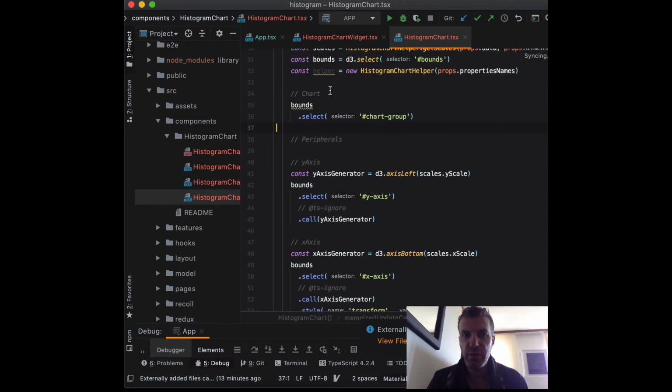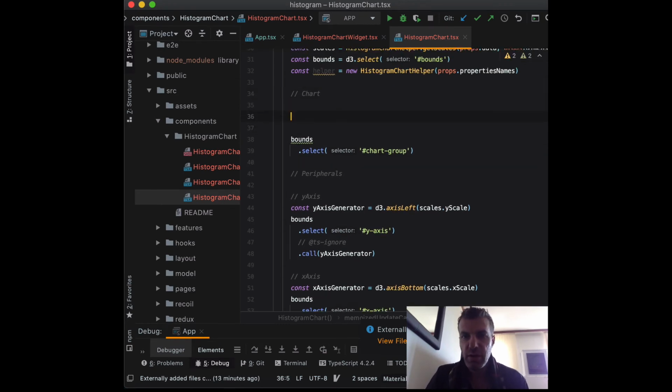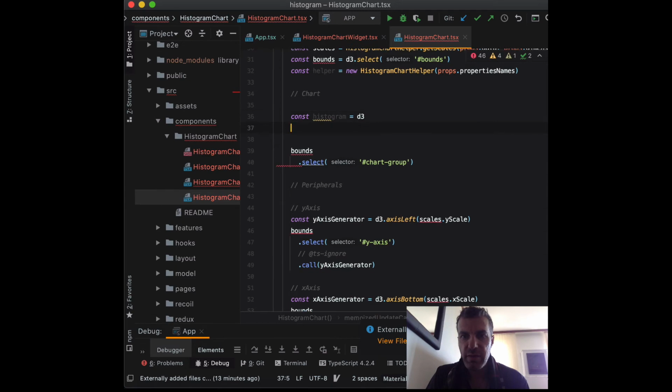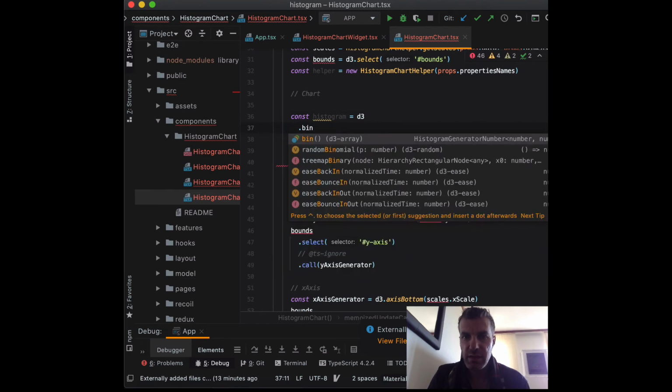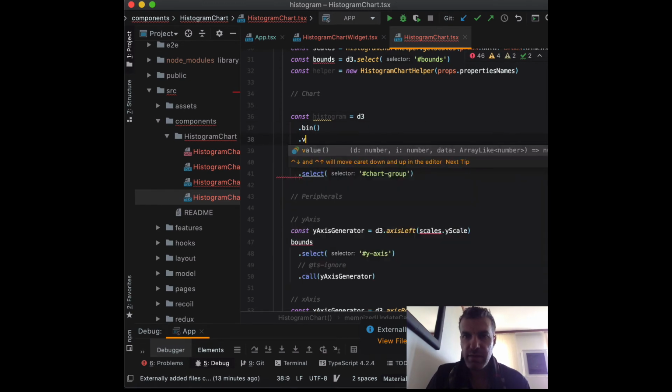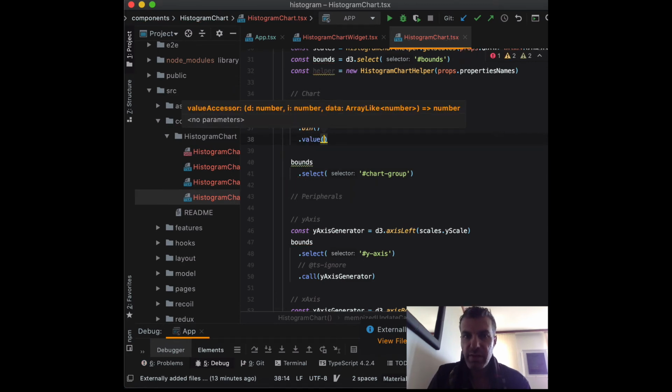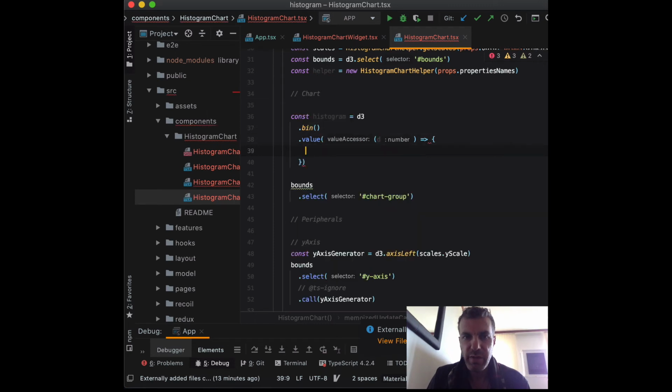Before we draw the chart, we need to do all those calculations. The first calculation is to calculate all the bins. To calculate the bins, D3 has a histogram method called .bin, and that takes a value, and we can assign our data, and then it's going to map the data based on how we set it. So we can return